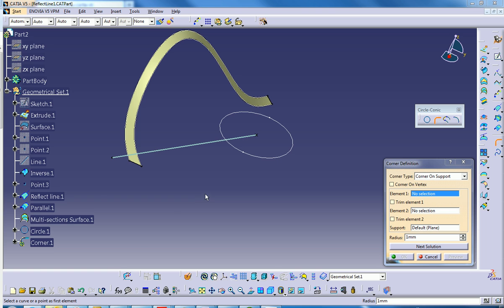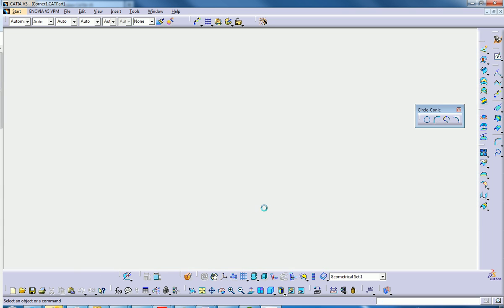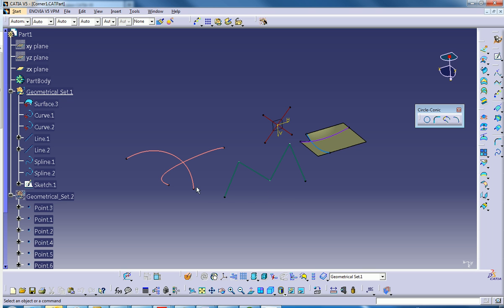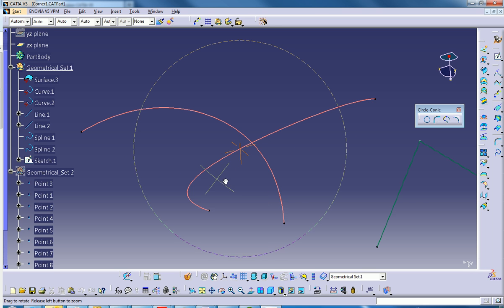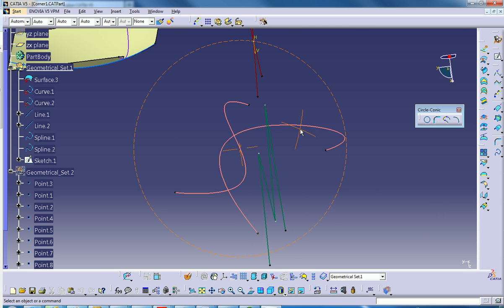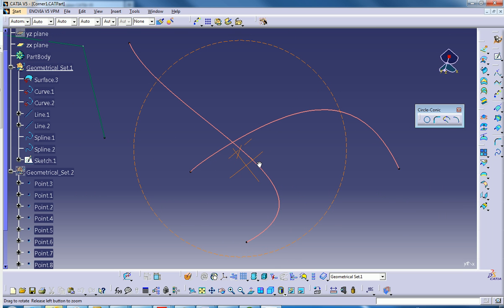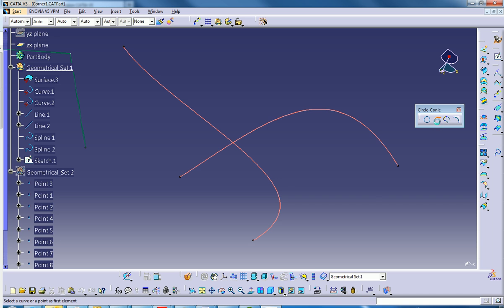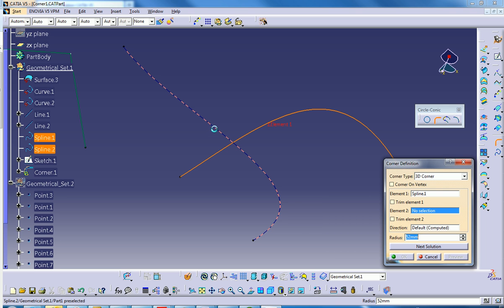And that corner sample file is opening. So as you can see, there's many sample files here. This is a really powerful tool because, as you can see, this curve here is very much a 3D curve, and it's like twisting and turning in 3D space. So I can easily say, give me a corner based on these two curves here, and I can reduce the